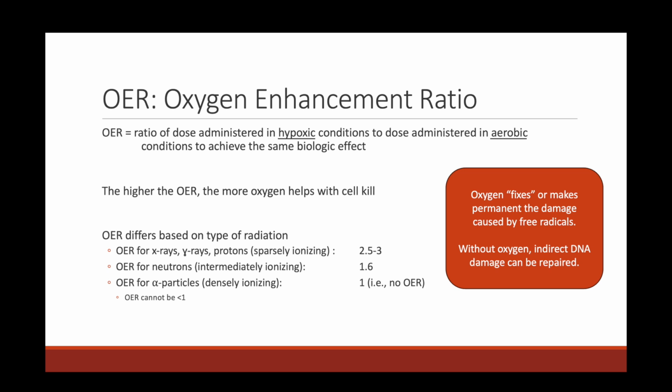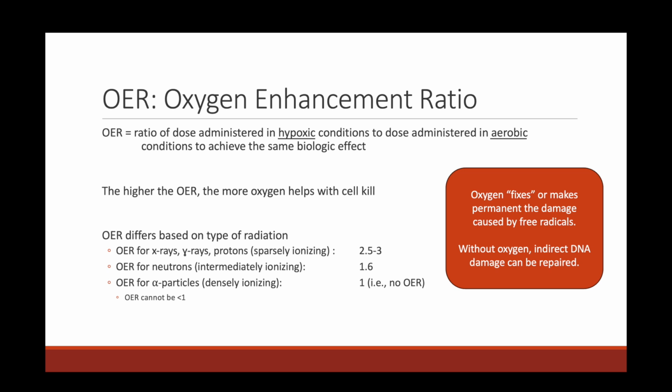So that means that there's really no enhancement from oxygen. So 1 is the lowest possible OER, and OER actually cannot be less than 1. So the big takeaway here is that oxygen enhancement ratio tells us how well oxygen helps to make the radiation